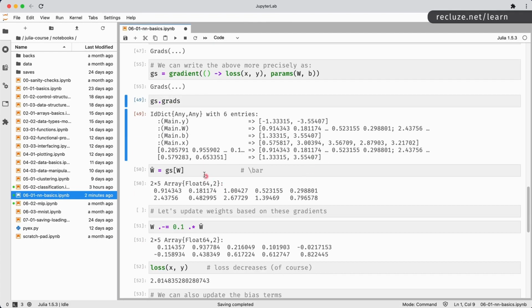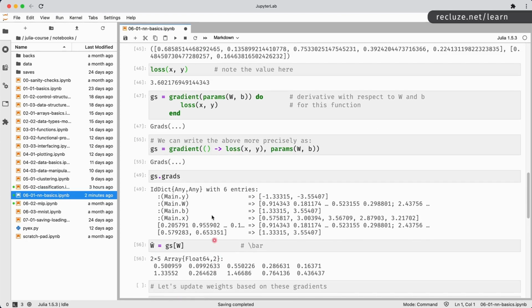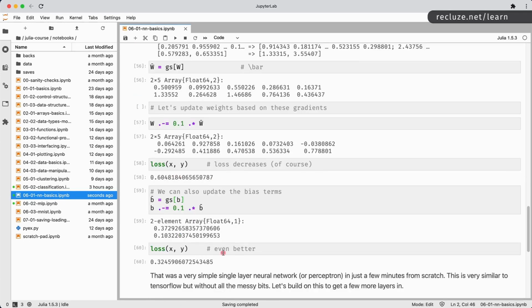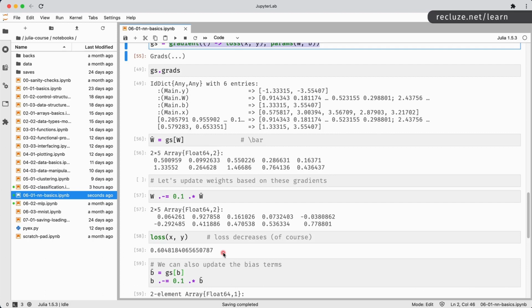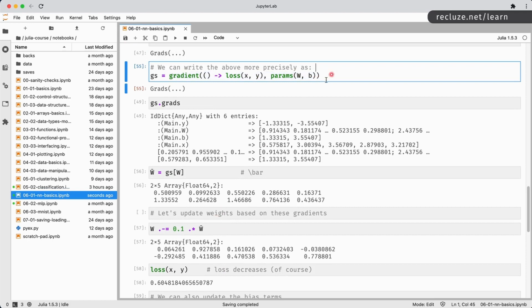And if you do this now, it's going to update, and you update this and you calculate the loss, it goes further down. You calculate the derivatives with respect to b, update your b, and you calculate the loss, it goes further down. Right? So our pass is going to be calculate the gradient with the new w and b values and update those, and that's your basic neural network iteration. Calculate the derivative with respect to current values of weights and update the weights. That is the thing. Let's go ahead and revise this whole thing again.